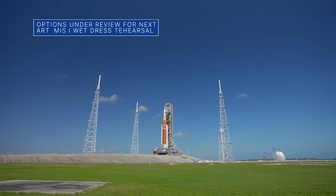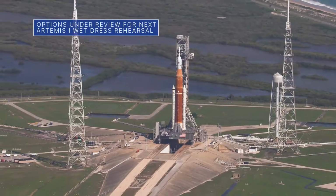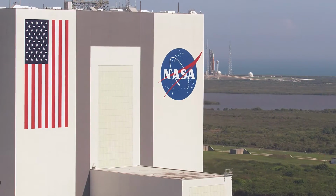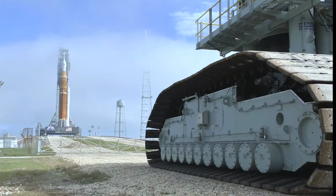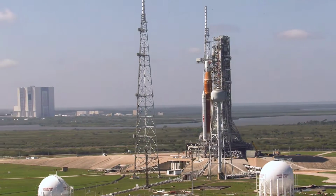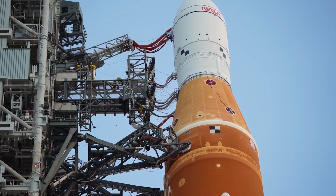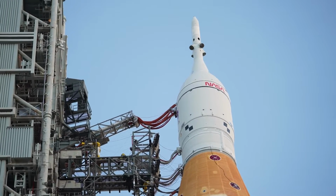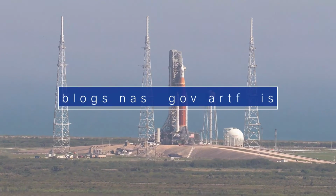NASA is reviewing schedules and options to conduct the next wet dress rehearsal test of our Space Launch System, or SLS, rocket and Orion spacecraft at our Kennedy Space Center in Florida. The agency has decided to roll the Artemis 1 mega moon rocket and spacecraft back to the vehicle assembly building to replace a valve and repair a leak, while an off-site supplier of gaseous nitrogen used for the test makes upgrades to their systems. You can follow NASA's Artemis blog for status updates on the test at